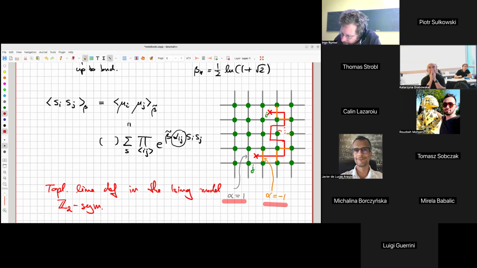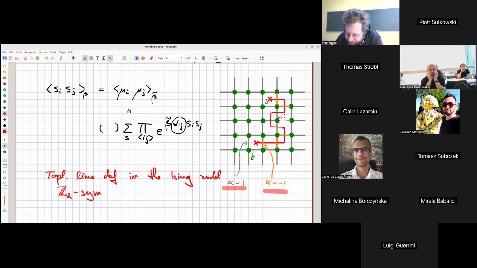So here I've got my defect, right? And so let me write down the contribution of each configuration. The weight is given by what I just underlined here. And so it's a product over bonds, right? And for each bond you get a factor. And so what would be the factor if alpha is 1? You would just get e to the plus beta tilde. And if my alpha is -1, the weight is e to the minus beta tilde.